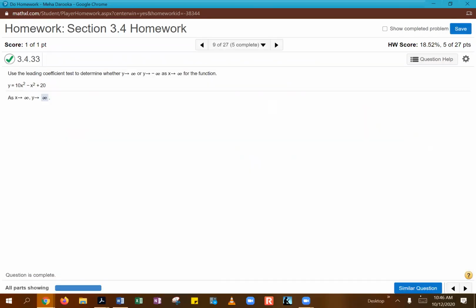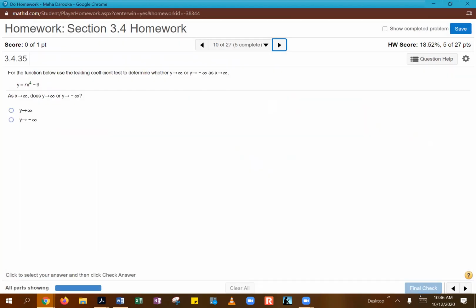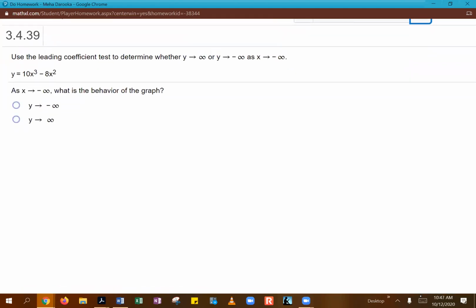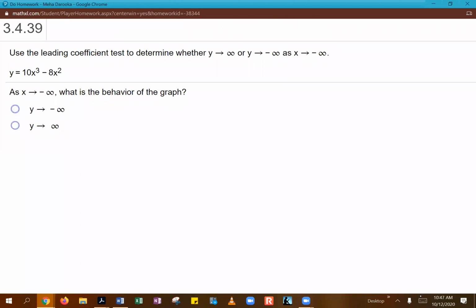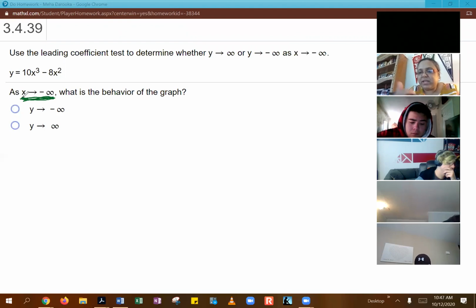Okay. So again, some of these questions will be based on just what your y value is going to do when x is going to positive or negative infinity. But I actually wanted to show you the ones with the limit. And pay attention to these as x goes to negative infinity. They're being very specific in this case. So just make sure you know which direction your x value is going in before you can see where the